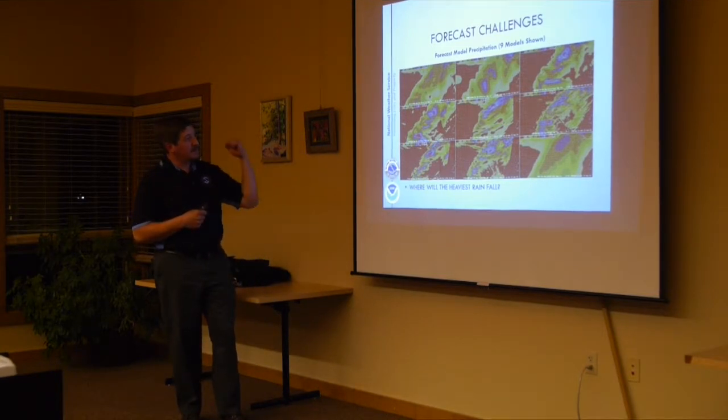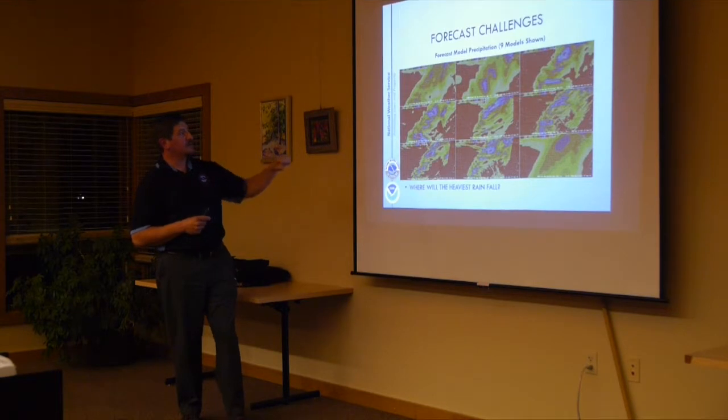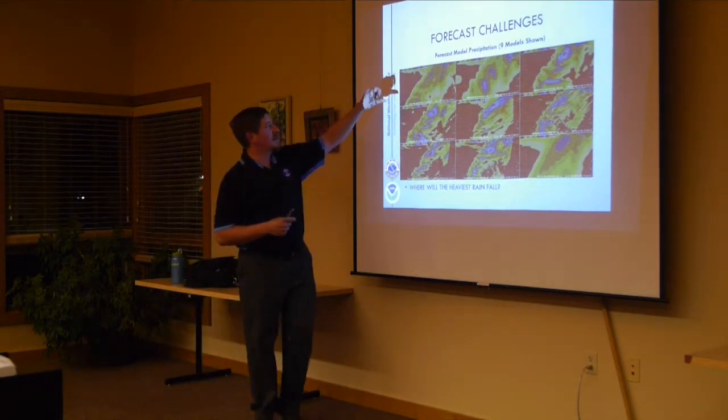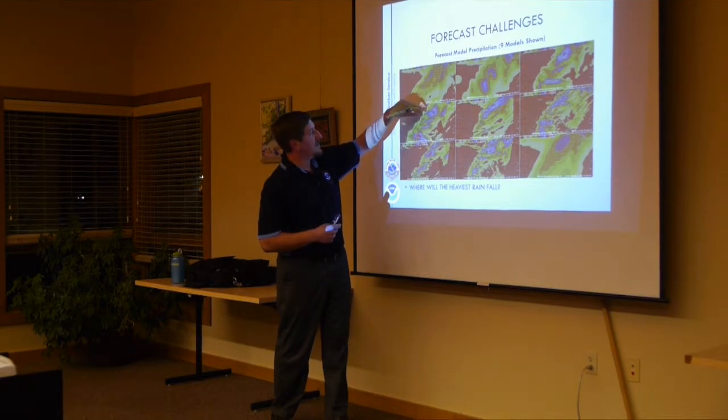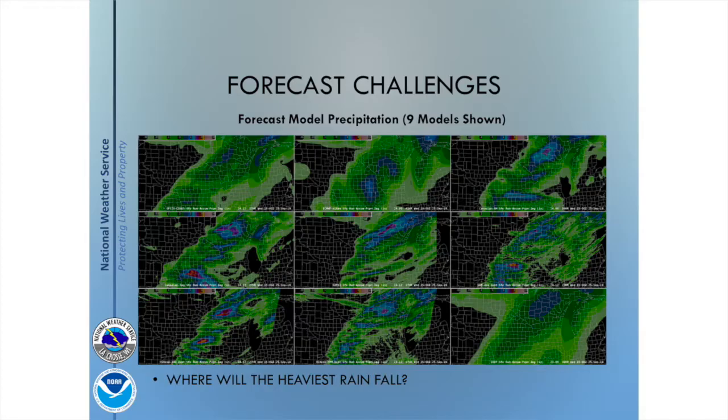So I grabbed an example. This was our storms from last evening, actually. This was forecast model data. It's trying to depict, from 9 different models, the placement of precipitation. The green and lighter green values are lighter precipitation, and the blues and purples and reds and oranges are heavier precipitation. Just looking at all that different model output, that's what we see as forecasters. Where's the heaviest rain going to fall? Well, you can start seeing there's maybe more of a signal. This is north central Wisconsin, and maybe there's more of a signal there.